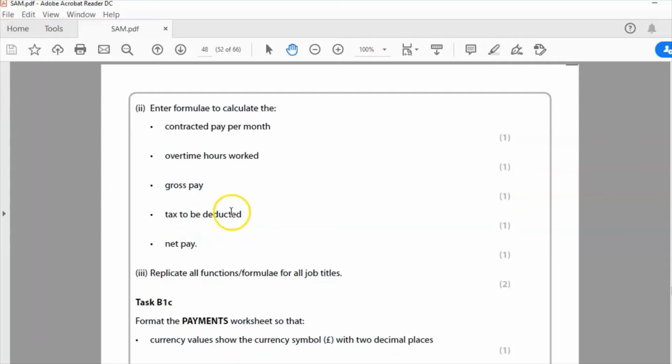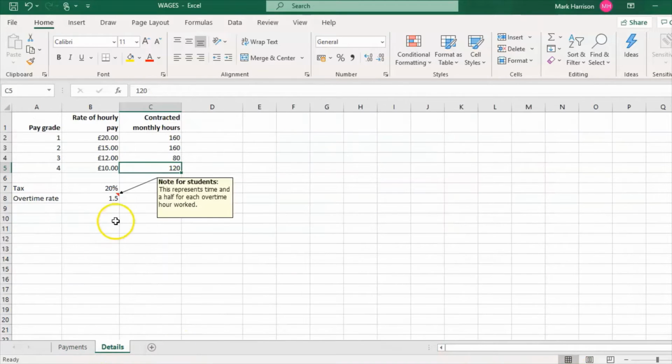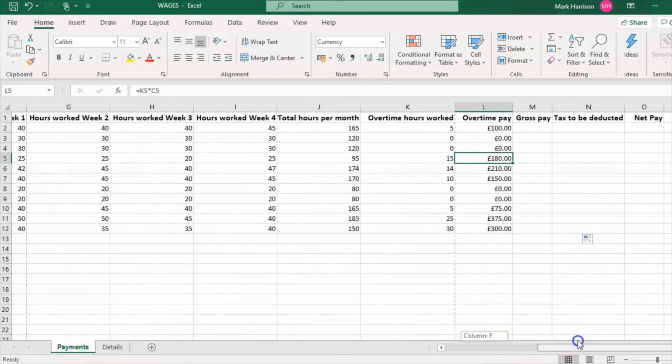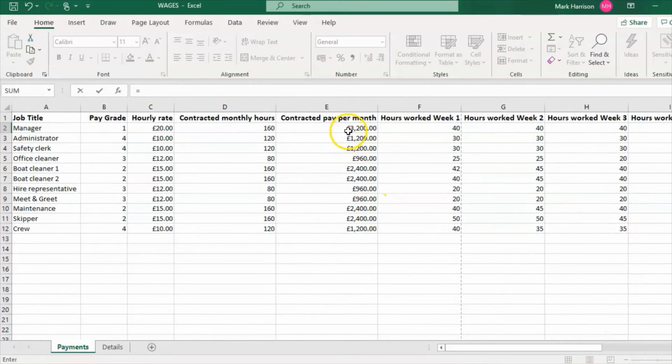Tax to be, gross pay. You need to understand what this is. This is the pay you get before any tax deductions. So your tax deductions there are 20%, before that 20% is taken off as tax. Okay, so that will be equal to their contracted pay per month plus any overtime that they've done,